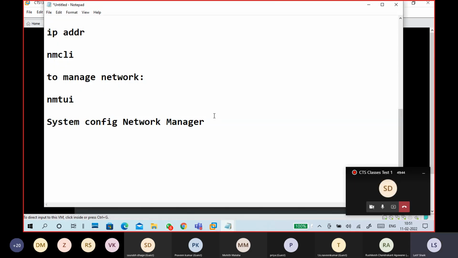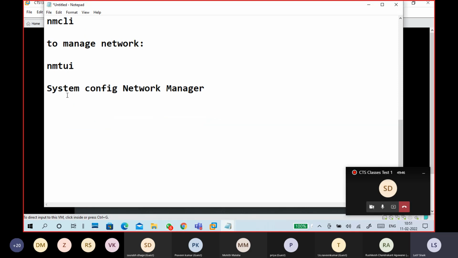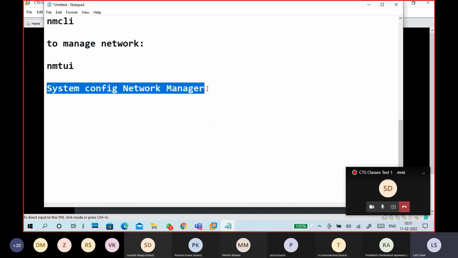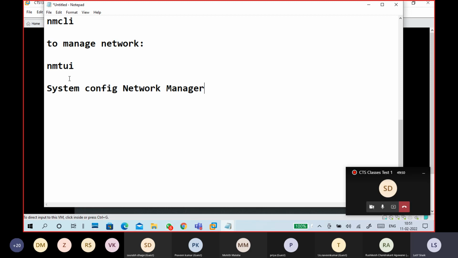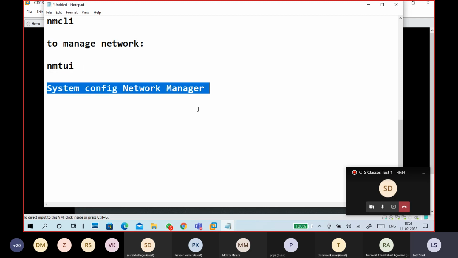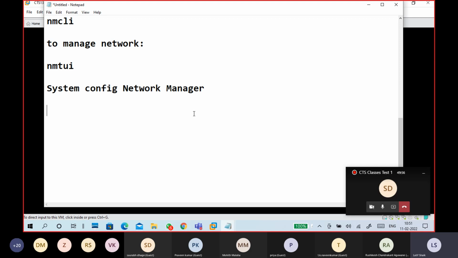Okay. So I started a machine. So this is a different type of command set there for opening in a GUI mode. This is NMTUI mode interface. This is GUI mode interface. So what about a CLI mode interface?